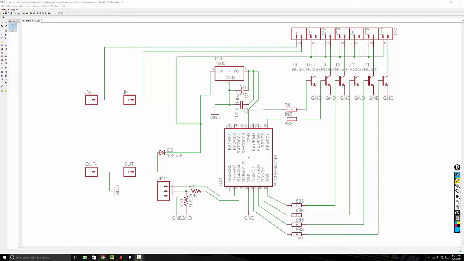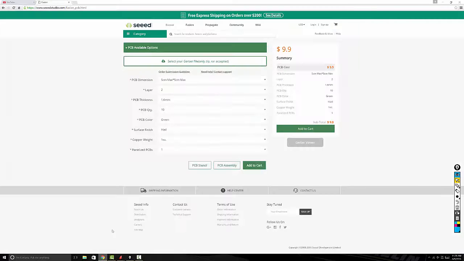So I prefer to use Seed Studio. I've pulled up their website here, and their service is called Fusion PCB Service. The reason I like this service over any others that I found online is that they make the boards in a matter of a few days. Yes, they have to be shipped from China, so it will take a few weeks to get to your door, but the service is excellent. I had little to no failures of any board so far, so the quality is there,